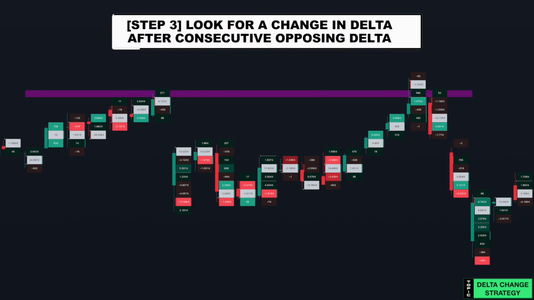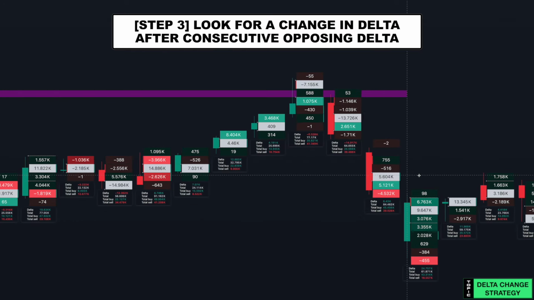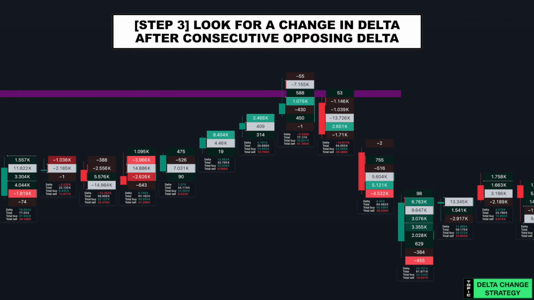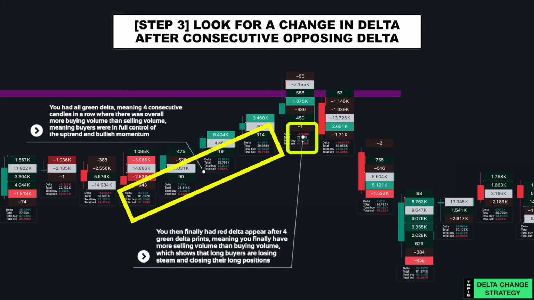Step 3. Look for a change in delta after consecutive opposing delta. So when we zoom in, notice how when price came up to the key level, you had all green delta, meaning 4 consecutive candles in a row where there was overall more buying volume than selling volume, meaning buyers were in full control of the uptrend and bullish momentum. You then finally had red delta appear after 4 green delta prints,